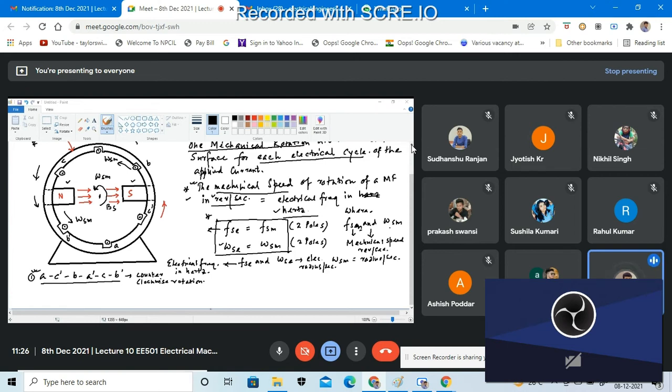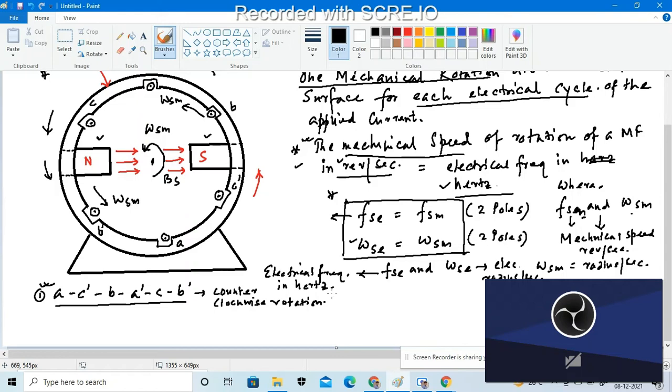Whereas in the case of mechanical motion, that is considered as 180 mechanical degrees. So we have to establish the relationship between the stator electrical angle and the stator mechanical angle, which will be considered as theta of AC and theta of SM. Our main emphasis on this is that we have to build up a relationship